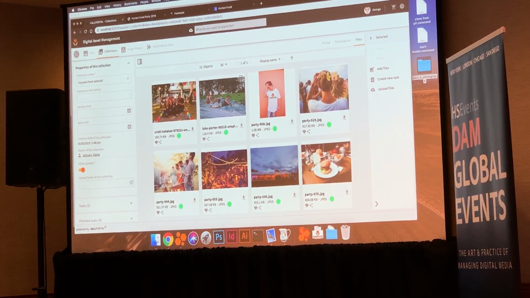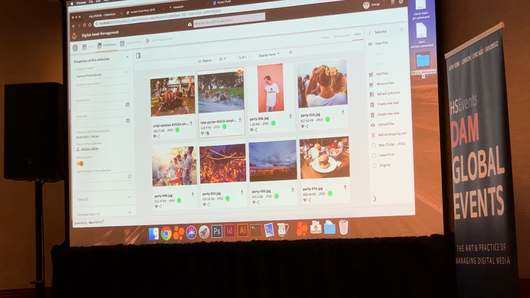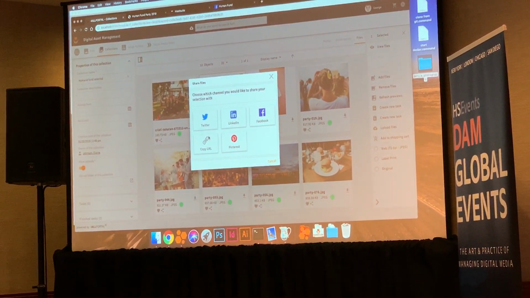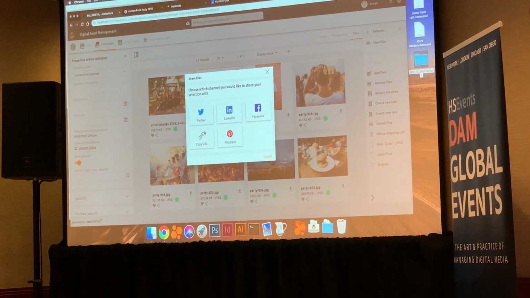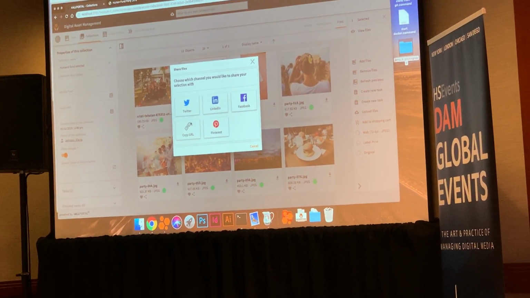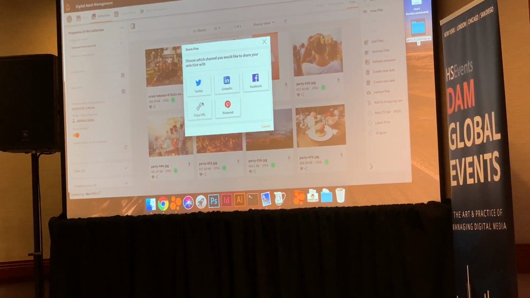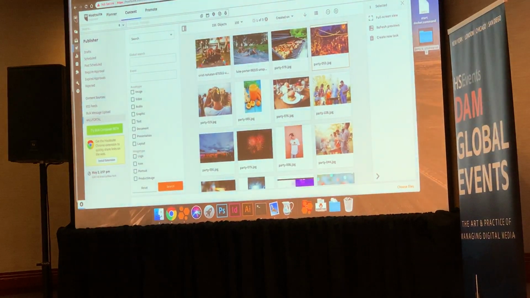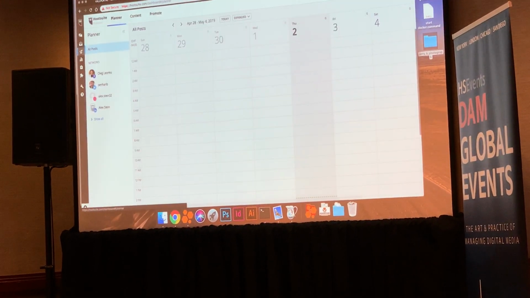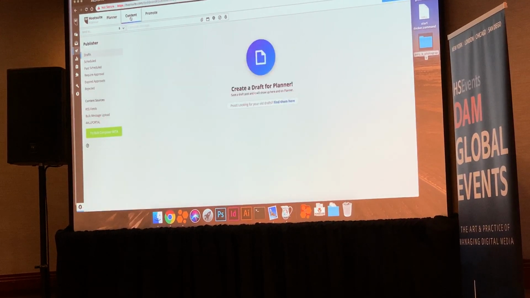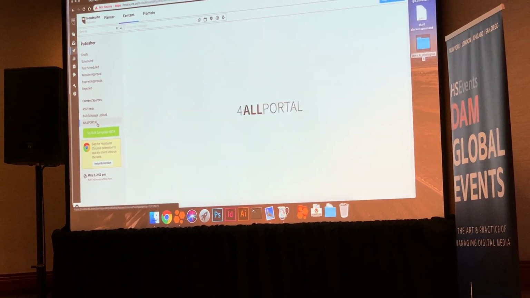And this one looks like it was a lot of fun, and we want to make sure that we share this socially. So I've got two options when I share socially. The first option is I can use any one of these direct publications, or we actually also have a Hootsuite integration. So if I'm in the publisher view, I can come into content, come down here to our 4ALLPORTAL plugin,